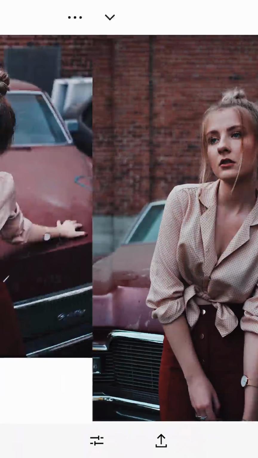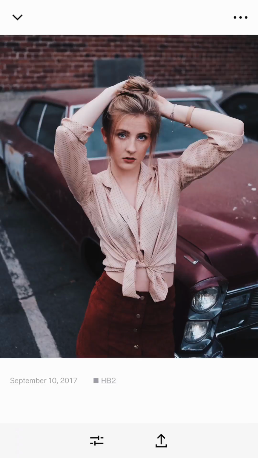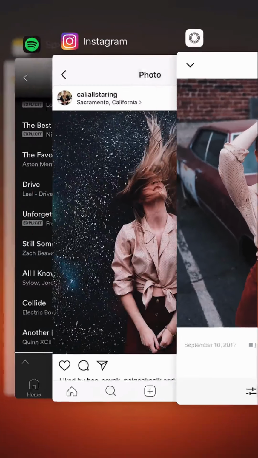some of the shots from my shoot with Lindsay. So this is the shot, and then thank you so much